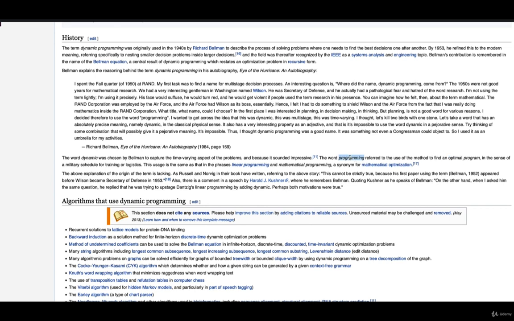As you see, the word programming here has nothing to do with coding. It has a totally different meaning. When we put together dynamic programming, it sounds like something that makes sense in today's modern world around code, or ever-changing, fast-paced, crazy algorithms. That is not what it is. Actually, it refers to coming up with an optimal solution outside of the code world, like in math, in planning, or in decision making.